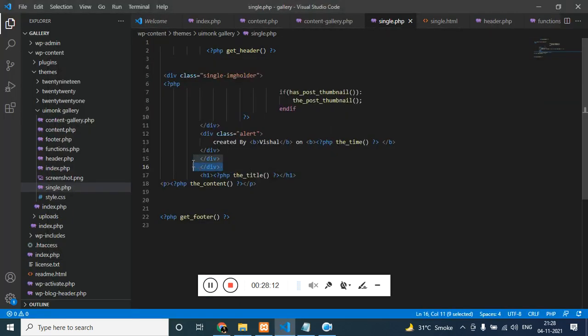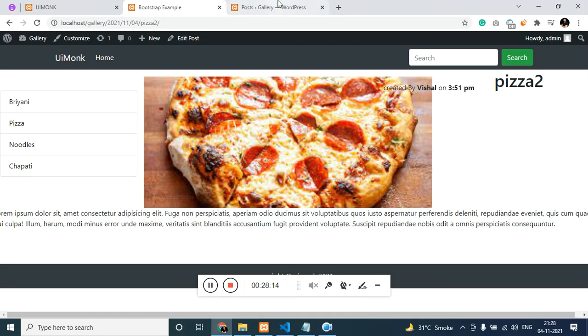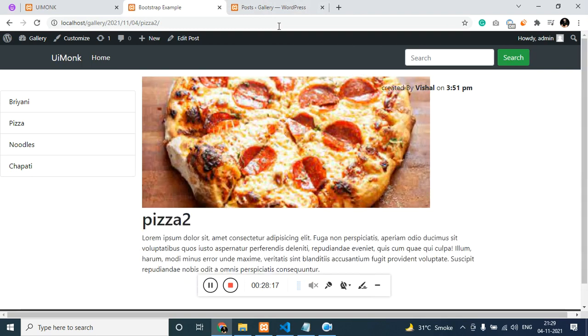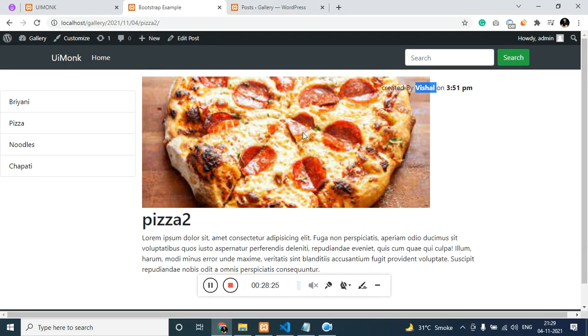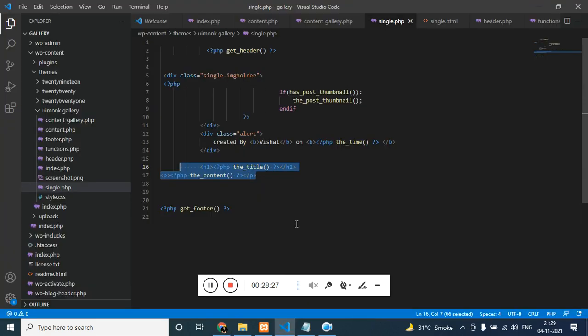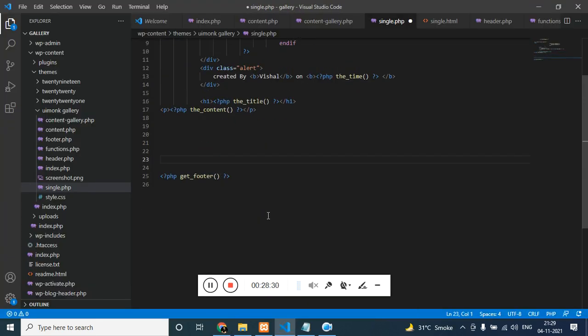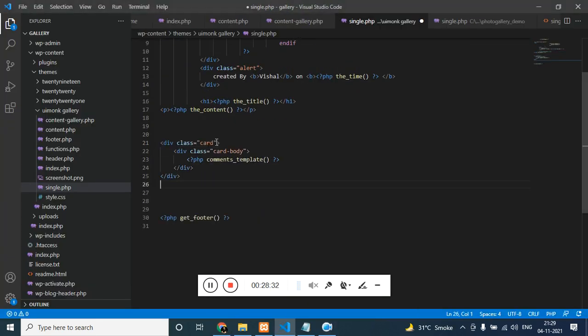Yeah, there is the closing tag problem, which is causing so much issue. Okay, we'll find it. Now let's make the content and title; that is done. Now let's make almost everything; that is done. Now let's try to give the comment. We just need the card.